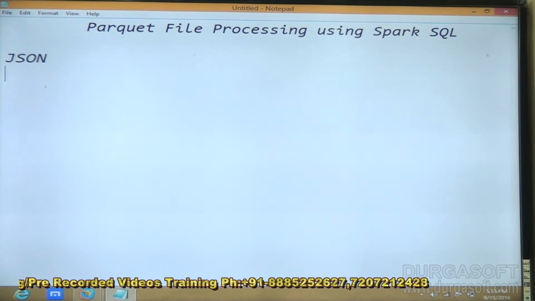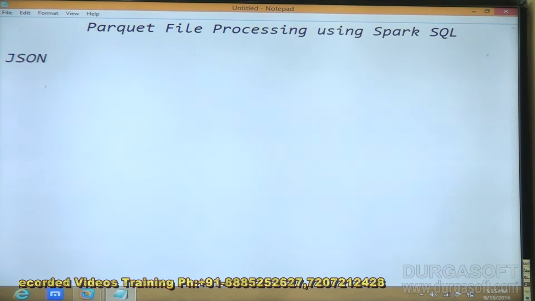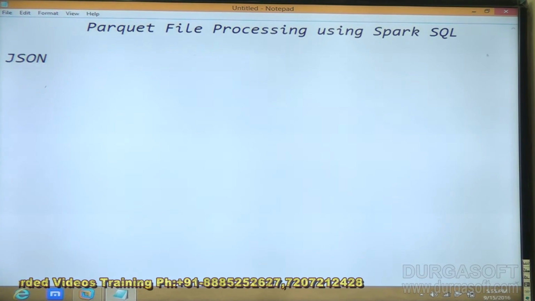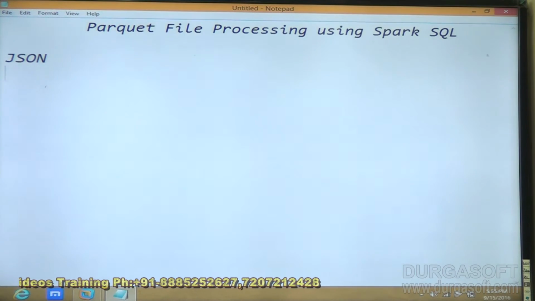If you want to get data from columnar storage files like Parquet files, what do we have to do, and how can we maintain these formats in our Spark SQL? That is what I am going to deal with in this session. And if you go into detail on why we have to deal with Parquet,